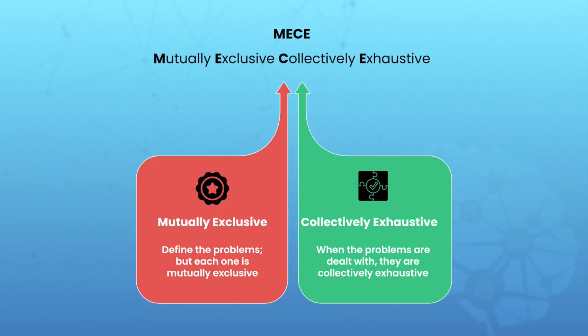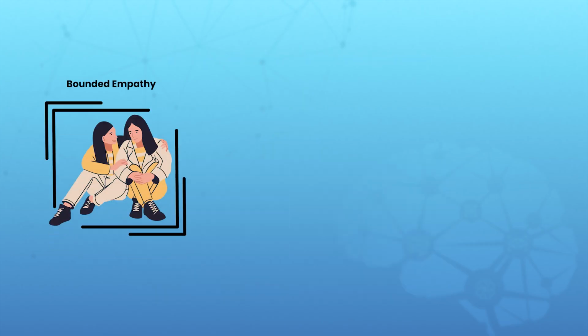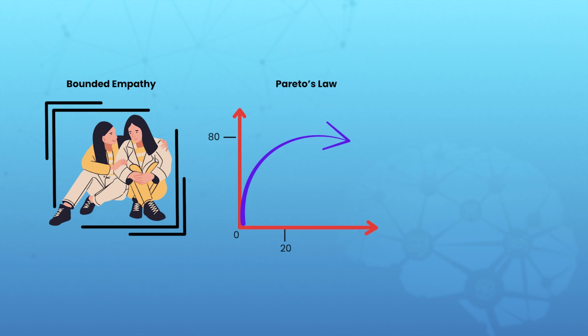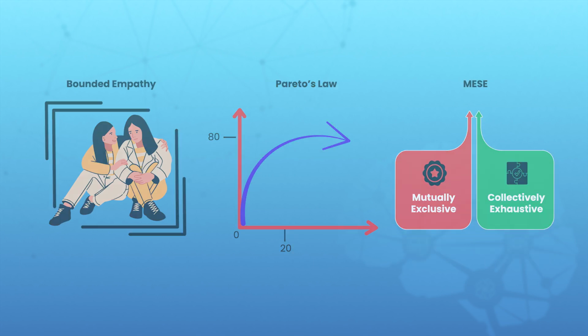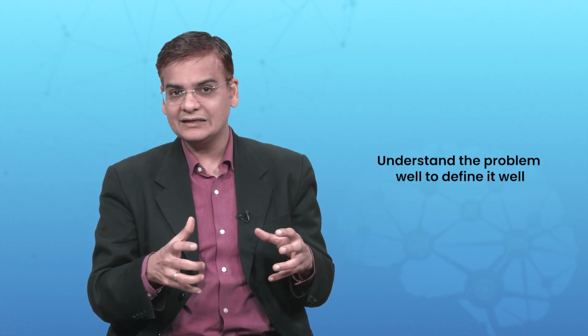So, three things: the bounded empathy, the 80-20 rule or the Pareto rule, and the MECE. With the help of these three techniques, you will be able to really define the problems which are worth solving, and then we get into the very, very important phase of ideation. So, understand the problem well, define it tightly and neatly, and don't sweat the small stuff, and then we get